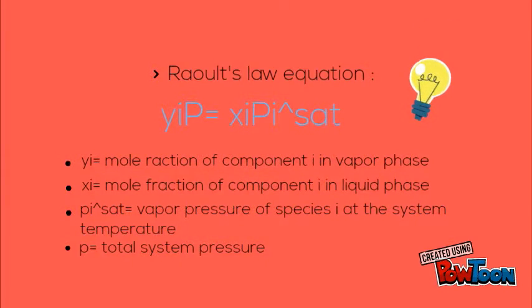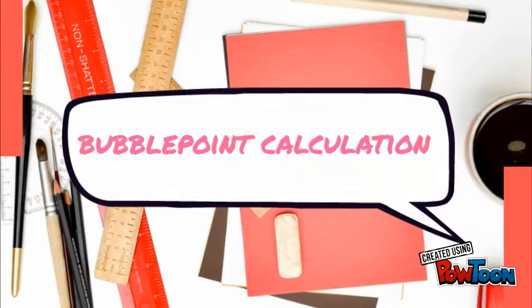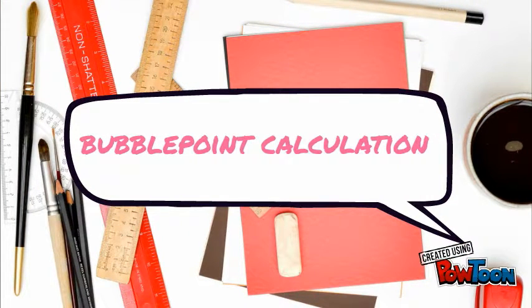The bubble point pressure can be calculated by using the bubble point calculation. The equation is P equals the summation of xi Pi sat, where xi is the mole fraction of species i in the liquid, and Pi sat is the saturated pressure of species i. Now we'll be looking at an example which will involve